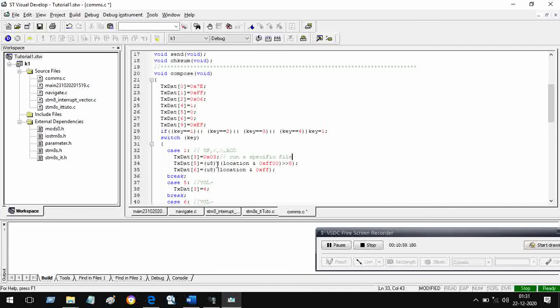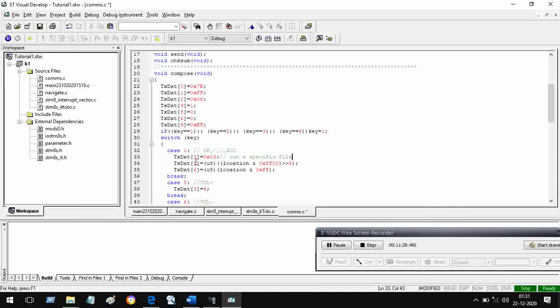And then I pick up only the single byte, which is the lower byte. And here I only have to perform location and ff so that lower byte is picked up, and I make the U8 force it to become a byte rather than a 16-bit number, and give it to tx.6. This is the way we fill up most of the part.